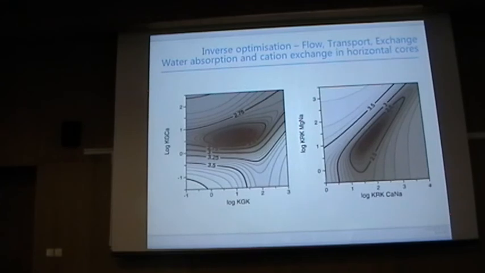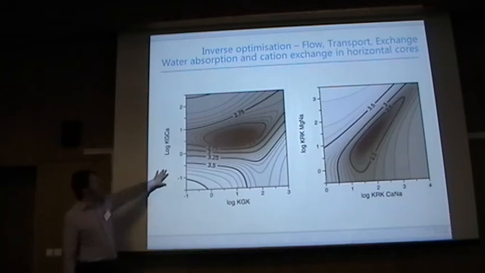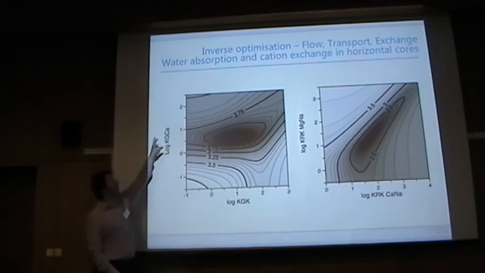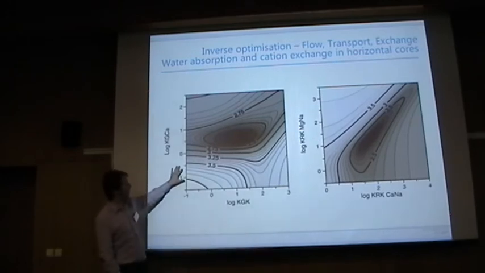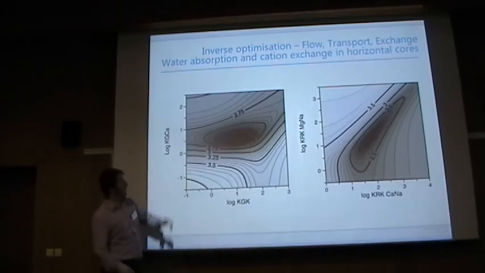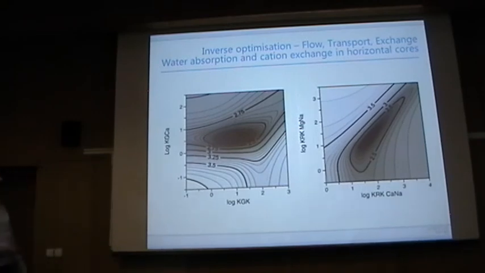A question when optimizing so many parameters is the identifiability of the parameters. So we also made surface plots, contour plots of the objective function. This one here is for the exchange parameters for potassium and calcium within the Gaines-Thomas approach. And for all these parameters within the Gaines-Thomas approach, we get these types of contour functions, indicating large identifiability of these parameters. The other one is for the Rückmann-Kornfeld